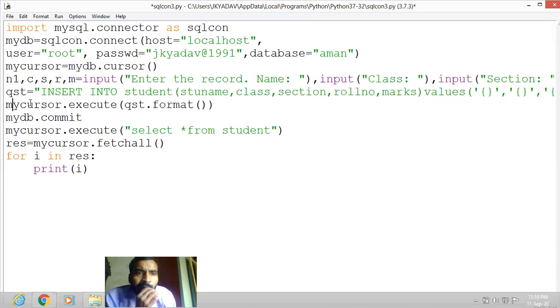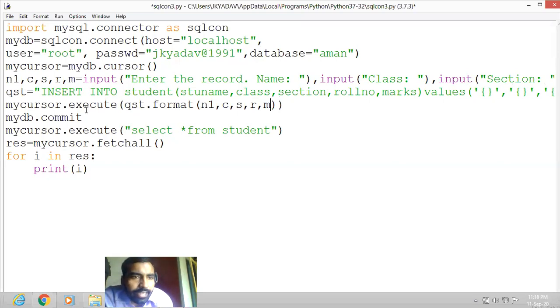Then according to the input, let us insert the variables in the values. These variables will be given in the format command. So let us write here qst dot format, then the values are in variables: n1, comma c, comma s, comma r, comma m.